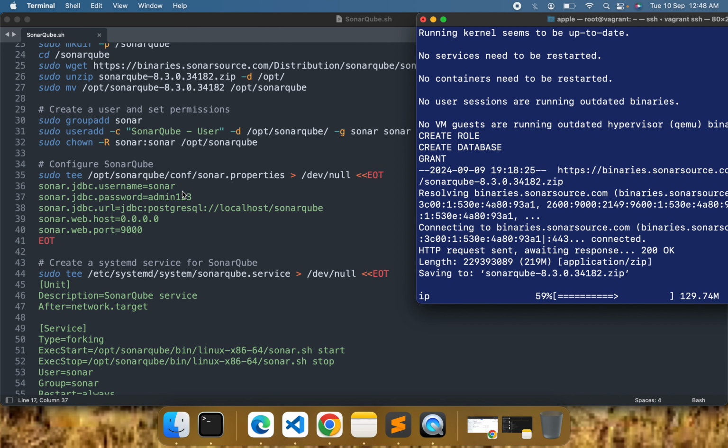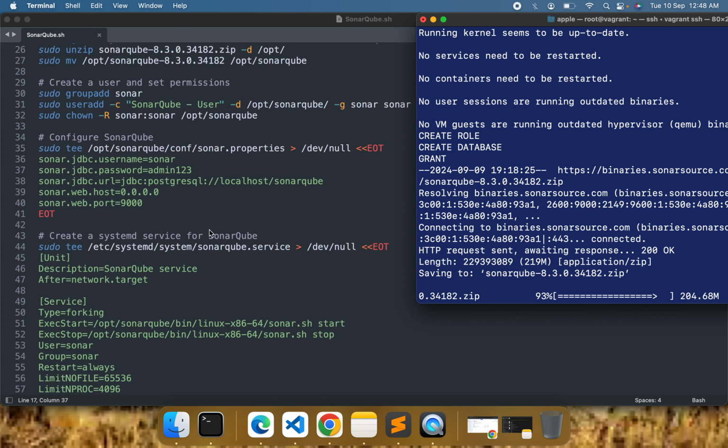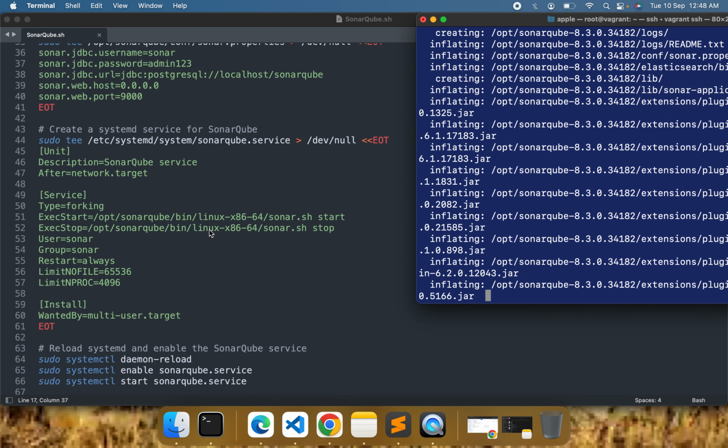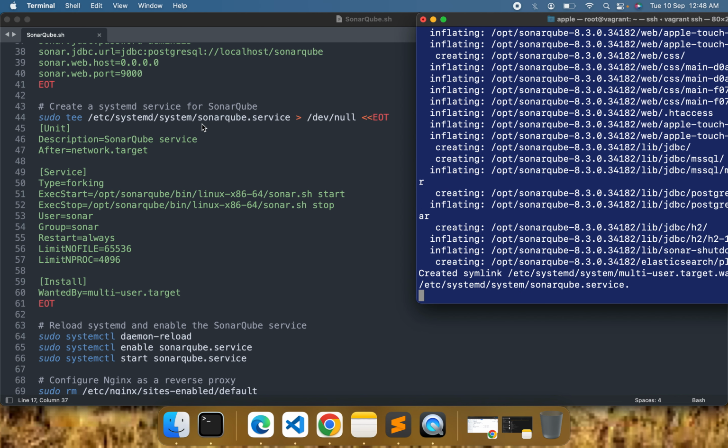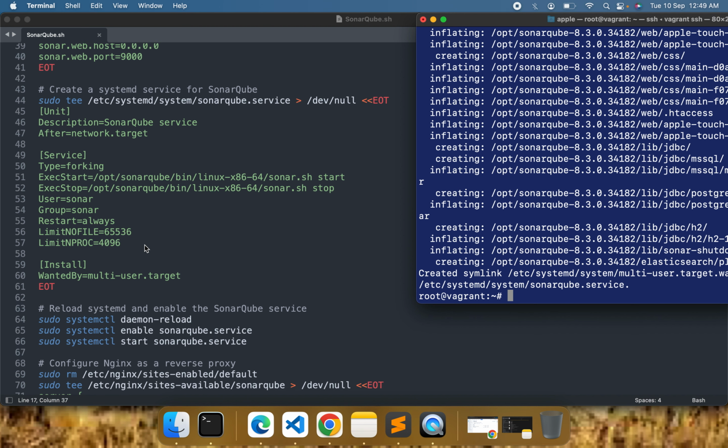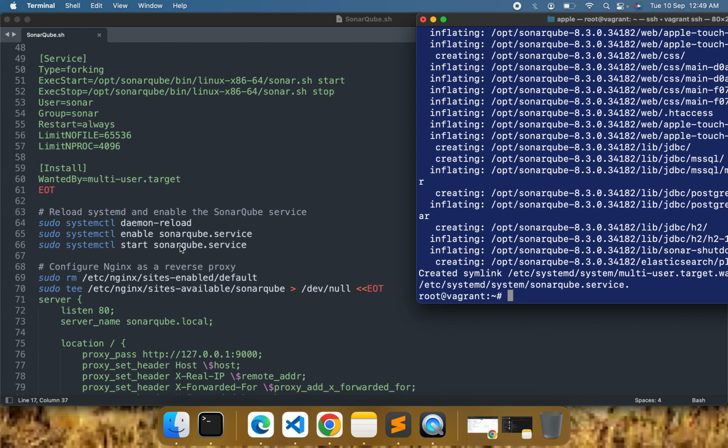So this is our Sonar username for PostgreSQL, and then admin123 is the password. Apart from this, we also need to update systemd.service. So this is what we are doing with our SonarQube.service configuration. We are just updating the basic minimum requirement. We are almost done with the installation as well. Once this one is done, we will just need to reload the daemons, enable the SonarQube service,